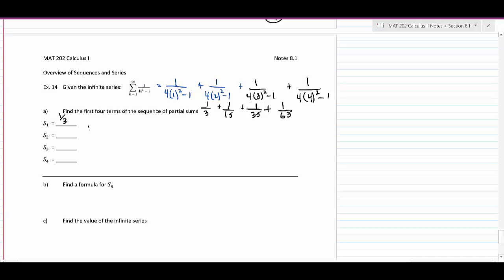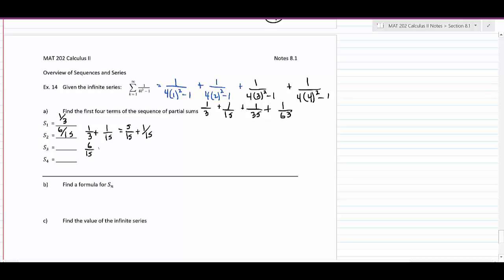The next one, you're going to do 1/3 plus 1/15, so you're going to get a common denominator. Now, if you're in a crunch, doing your homework, you can use your calculator and do that math fraction thing. Everybody know how to do that, okay? So this is going to be 5 over 15 plus 1 over 15, so that's 6 over 15. I'm going to leave it in an unreduced form because I might see a pattern a little bit better. Okay, then the next one you're going to have is 6/15,